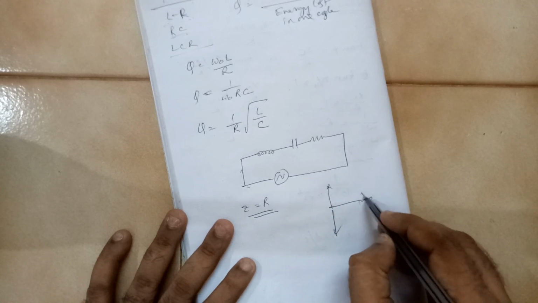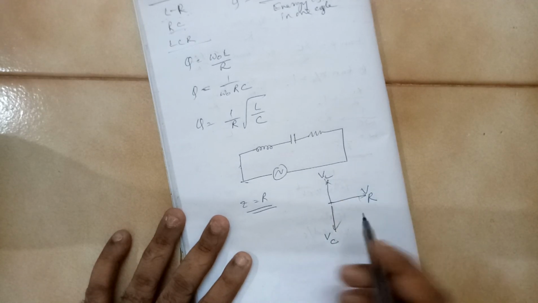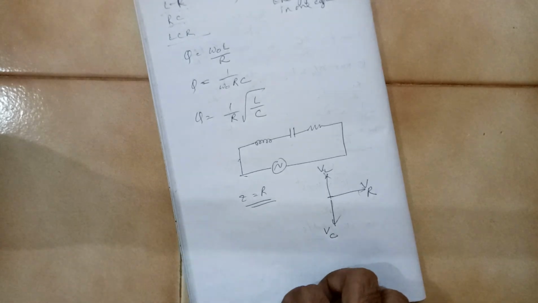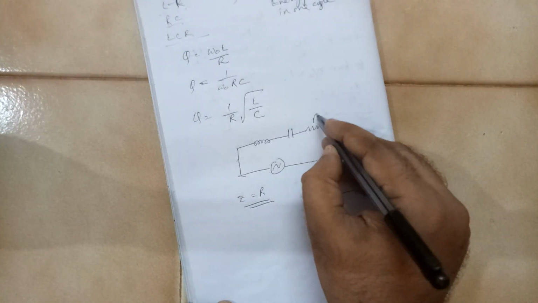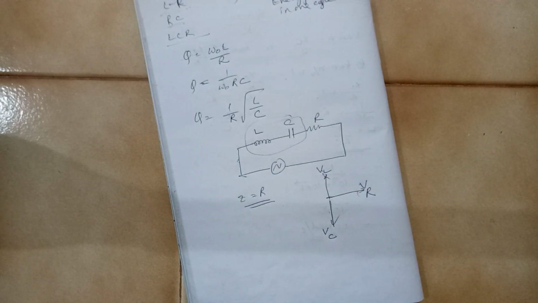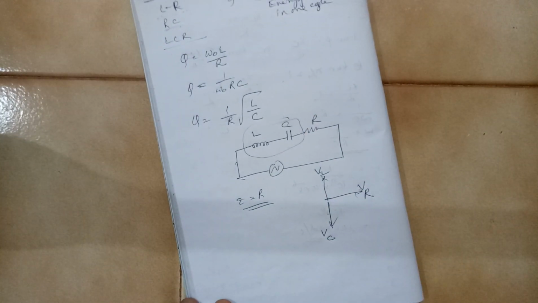Remember, we have drawn R, this is VR, this is VL, and this is VC. They both become equal. A special case arises, which we call the resonant case, where the only effective element in the circuit is the resistor. The capacitor and the inductor don't play any role. See, each element offers some resistance to the flow, isn't it? So when the only effective element in the circuit is a resistor, the maximum current, the peak current, will flow through the circuit.